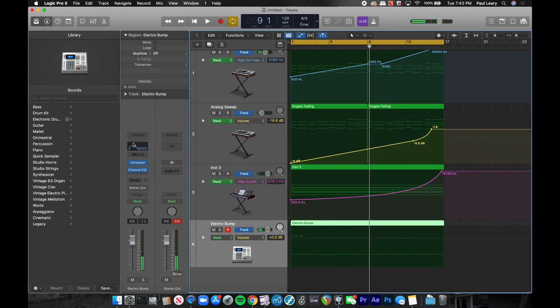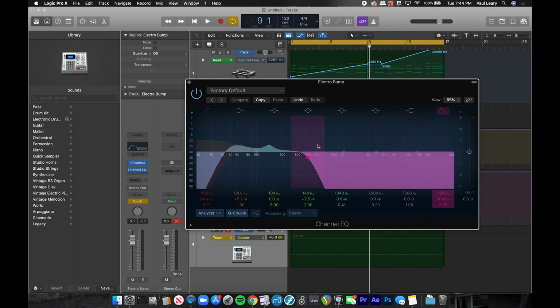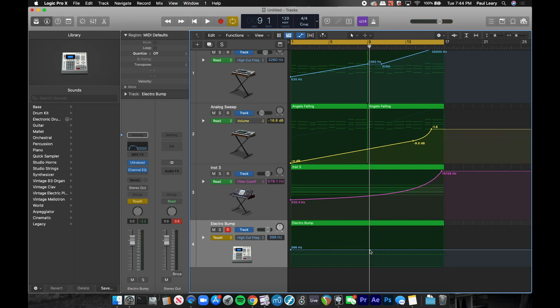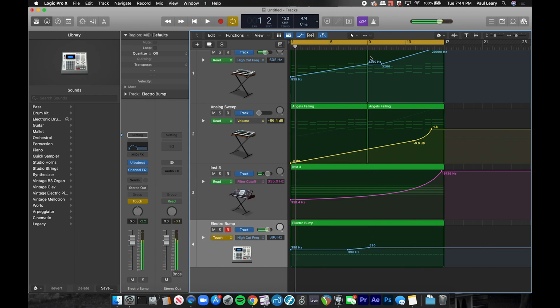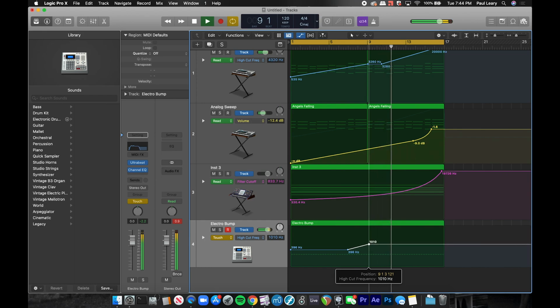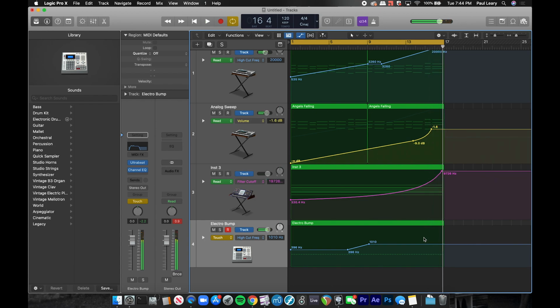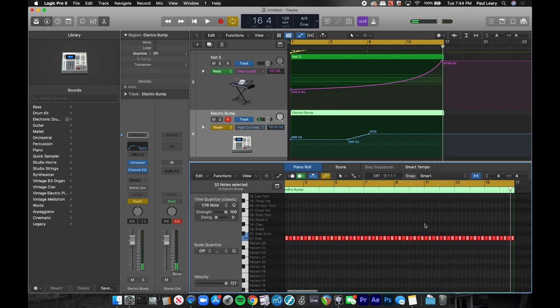Okay, and then again, I'm actually going to also do a filter sweep on here, just to loosen the kick up a little bit as it goes. So click on that. I've already selected touch, and what I'm going to do is make it rise just a little bit, right? Okay, and again, one of the big features of this is in the last bit here,